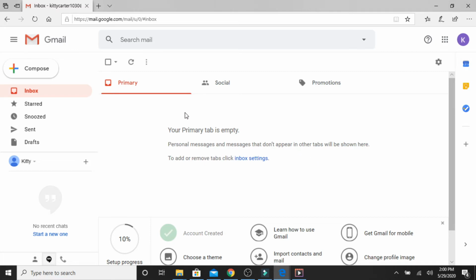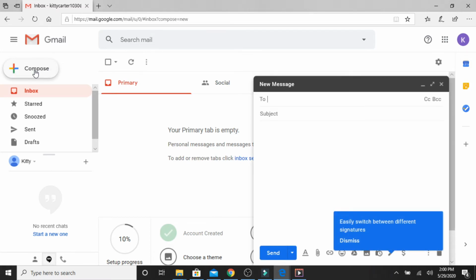The thing I want us to do right now is to send an email to ourselves. So this oval here with the plus sign that says compose, I'm going to single click. And we are going to send an email to ourselves. So I single click, so you see this window here and it says to. So I'm going to put in,